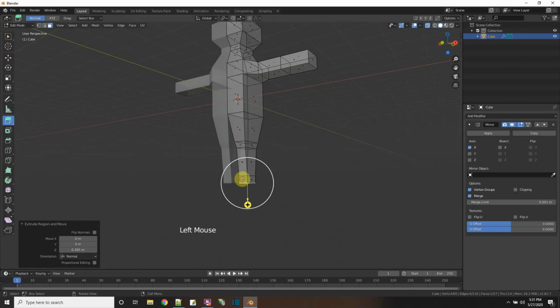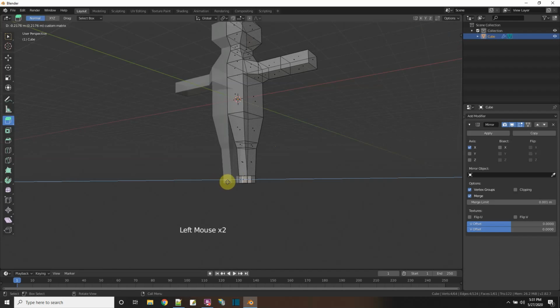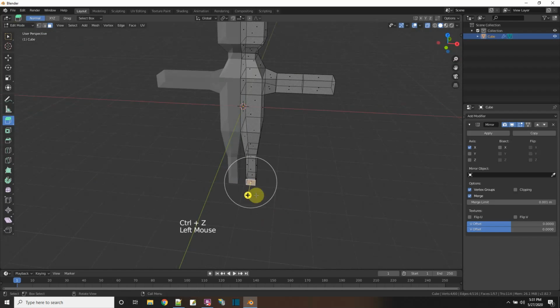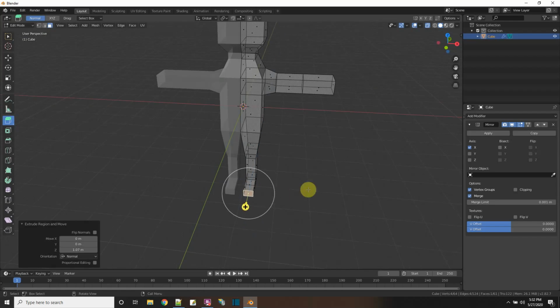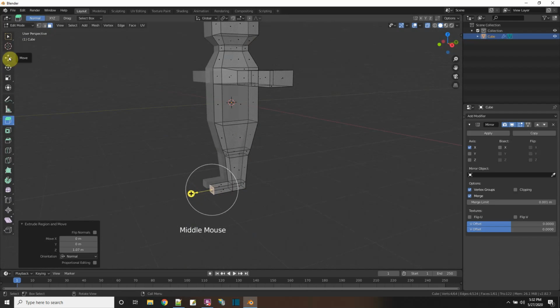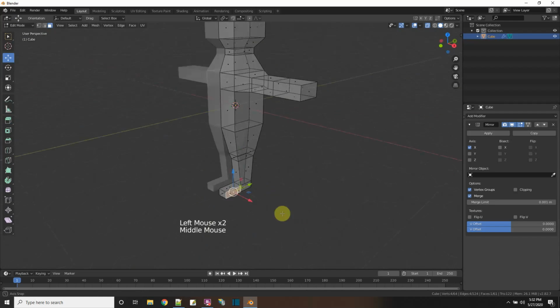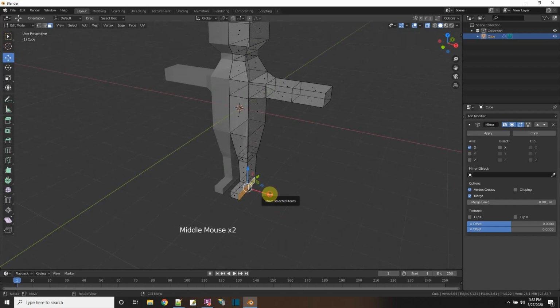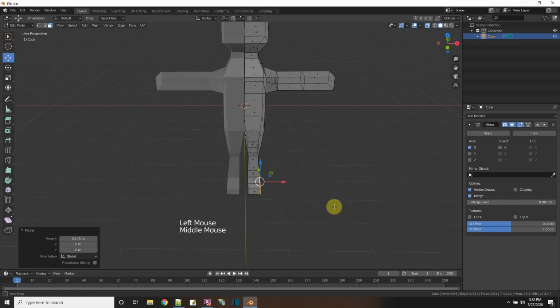So what I want to do is select this face and extrude. And something is wrong. Control Z. I picked the wrong face. It's this face and extrude. If you make a mistake, just remember to press Control Z. Now the feet are a little skinny. Let me just select these faces on the side and pull them out just to make the feet a little